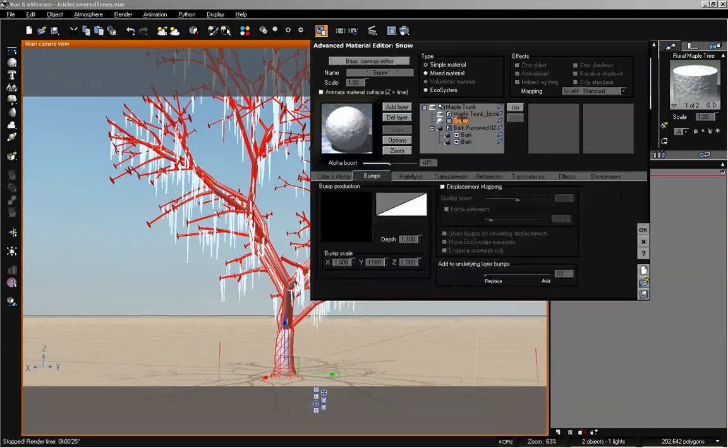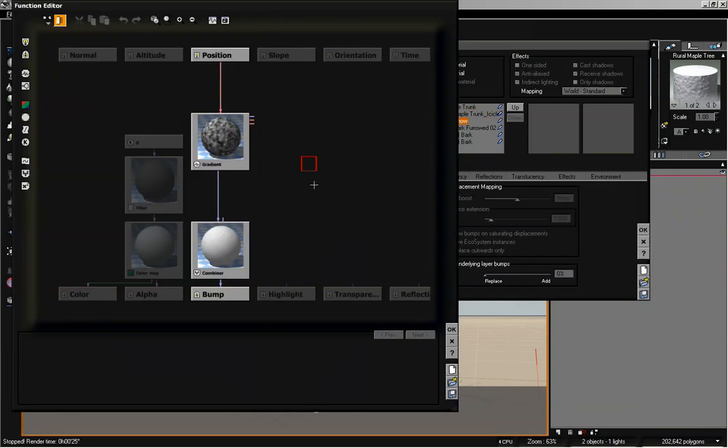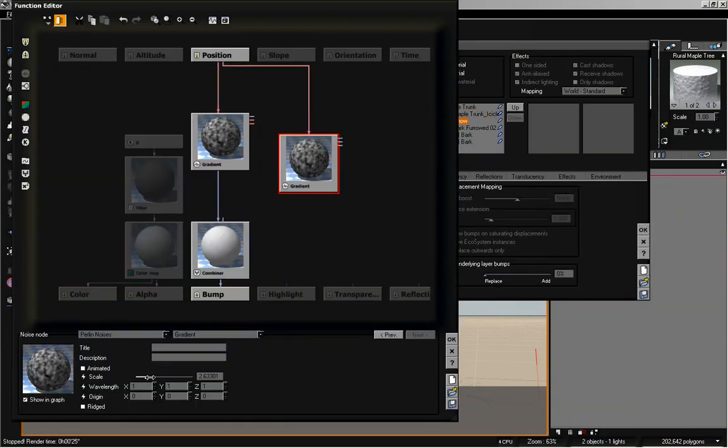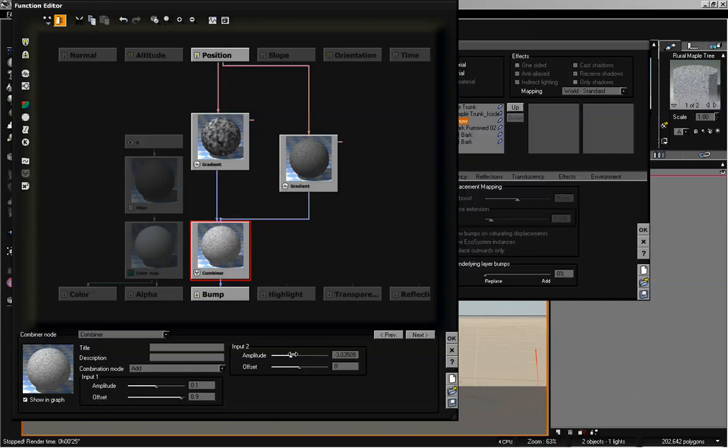We're going to go back into that snow layer, edit our function, and now I'm going to add in another noise node. Since we had the gradient selected before, it's going to create the same exact gradient, and I'm going to scale this down so it's very small. Add this to our combiner node, and then decrease the amplitude of input 2. Maybe increase the offset, and we just want to make sure that it's not really overriding. And the reason we see it really is because we have the add mode. So we're going to change our combination mode to blend,